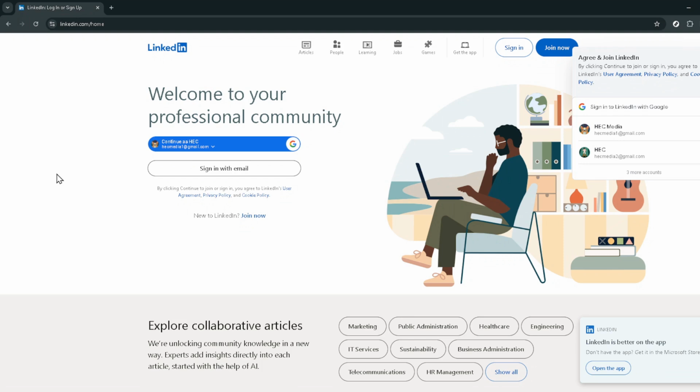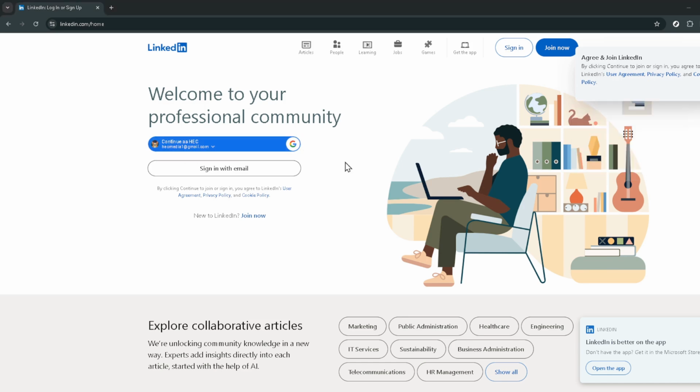First off, start by navigating to the LinkedIn website. Once there, you'll be given the option to either sign in with Google or continue with your existing LinkedIn account. Occasionally, LinkedIn may ask you to complete a CAPTCHA as an additional security measure, ensuring that it's really you trying